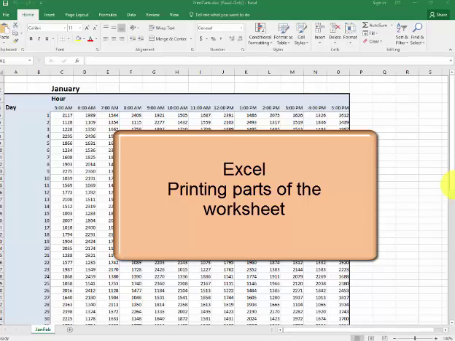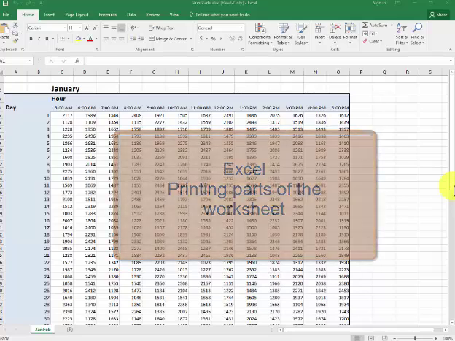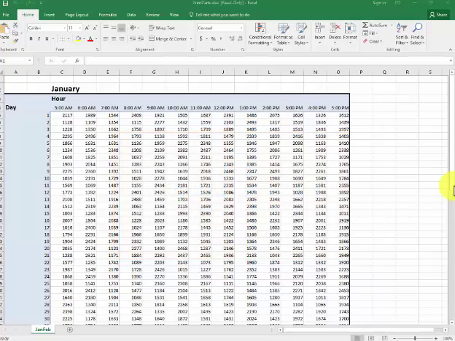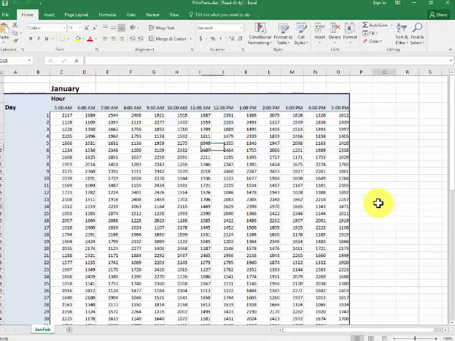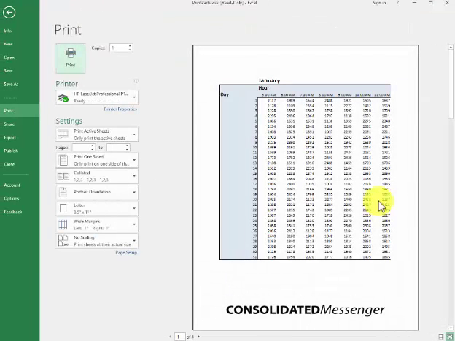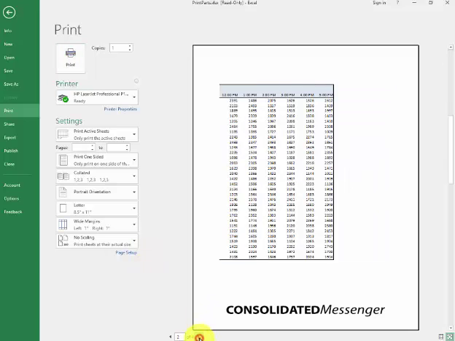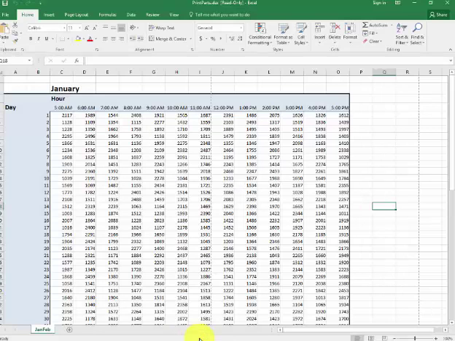I'm here to talk about printing parts of your worksheet. We have this file here. If I go to print, it's showing all this stuff here, and it's pretty darned ugly, okay? So what we're going to do, we got a few things, actually a lot of things to do, okay? It's pretty quick. What we're going to do, if I want to just print out this one page, I could